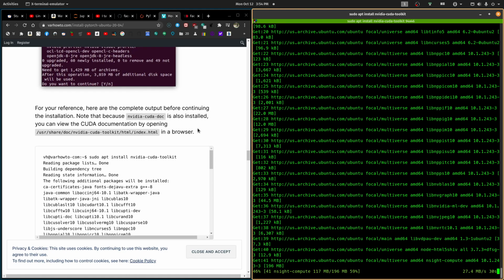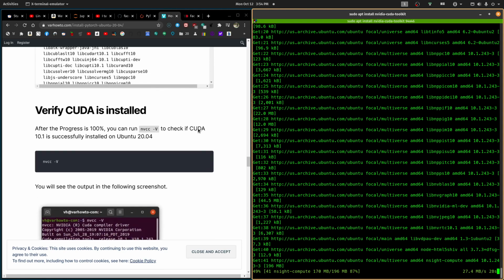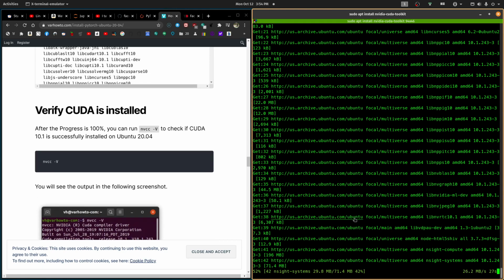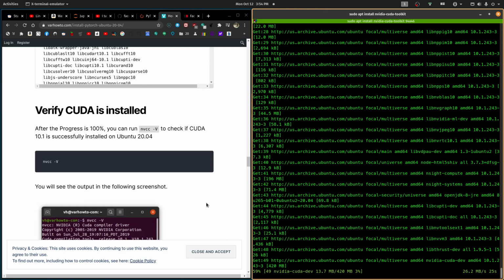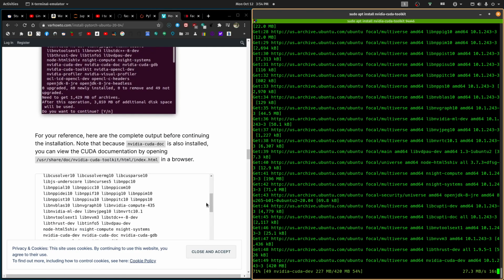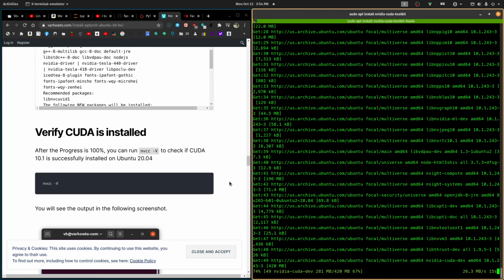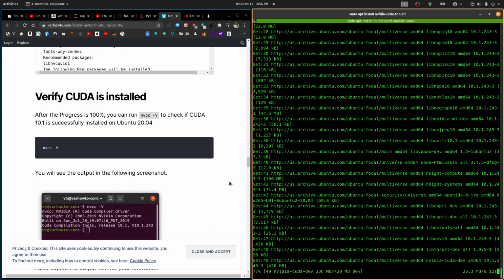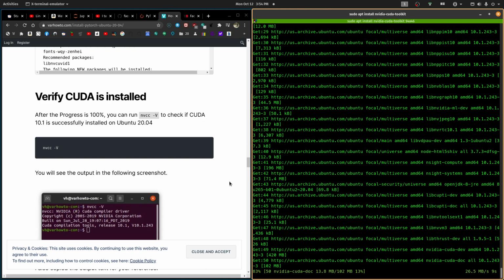So now we have the documentation also. So I guess this is giving us CUDA. CUDA is the library that's used by the GPU. CUDA is a kind of programming toolkit.